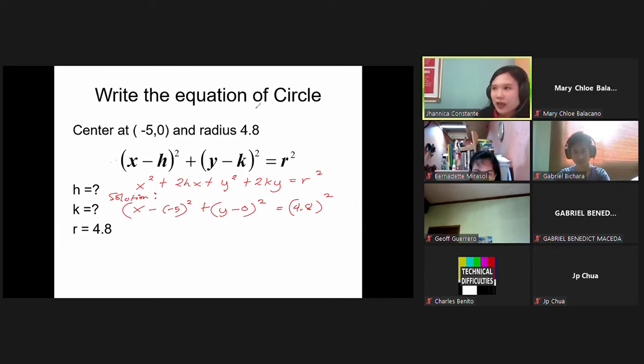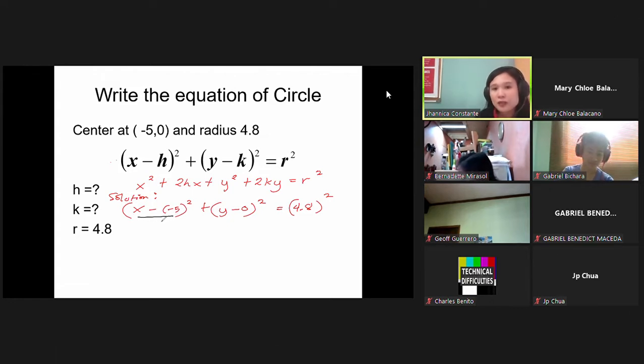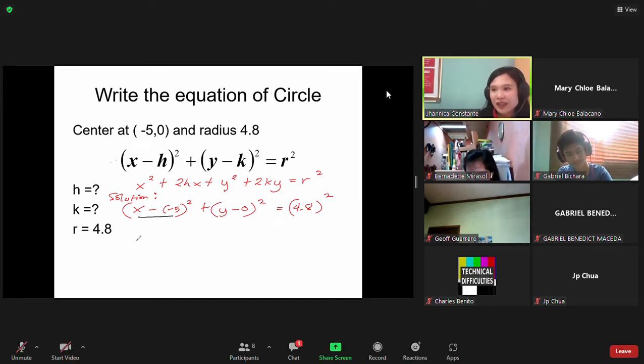So expand the quantities inside the parentheses. x minus negative 5 will be x plus 5. x plus 5 times x plus 5 is equal to x squared